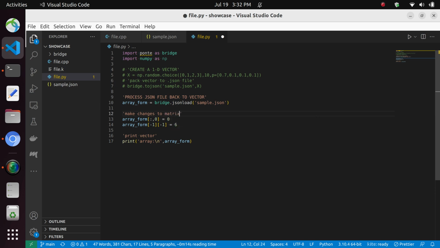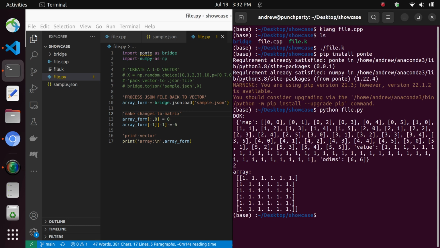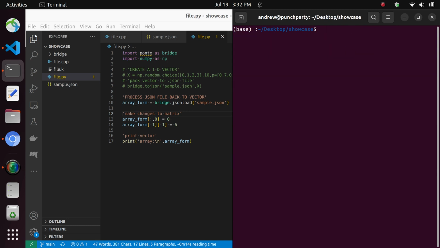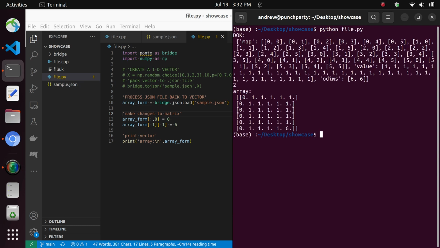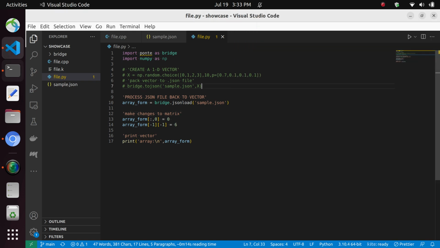All right, matrix. And now we run the Python file again. And now you can see that the first column we have modified to be a column of zeros, and the last entry is now a 6 on the matrix. So of course we can go back and forth with this. After we have modified our array, we could